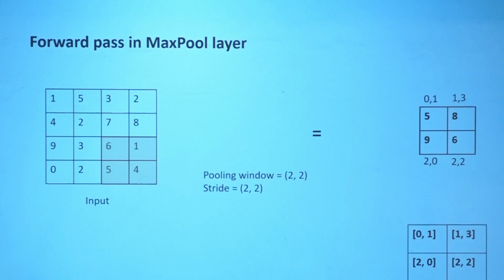So along with this pooling output, which is a matrix with the maximum values, there will be one more matrix called the max indices. Each element of this matrix is a tuple which stores 2 values, both the row and column position of that maximum value where it was taken from the input matrix. This is a very crucial thing.